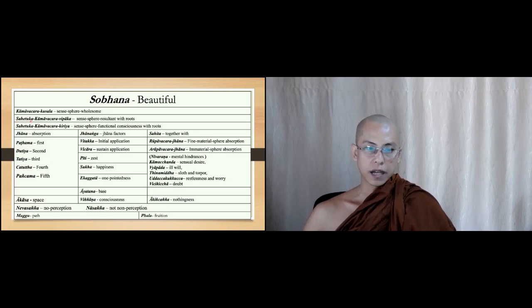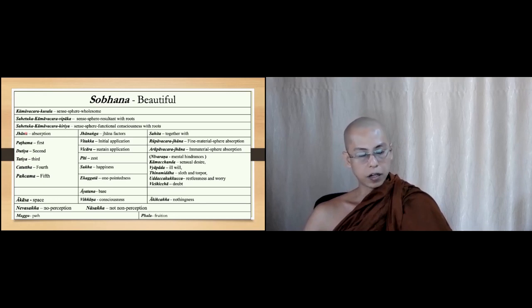Here the word sahetuka is for the vipaka and kiriya. Vipaka is resultant and kiriya is functional. For these two categories of vipaka and kiriya, the usage of sahetuka comes together. But for the word kusala, it is not necessary to put sahetuka. We will find this when we study all about the consciousness. So just to be aware, sahetuka is with roots. When we continue, another category of sobhana is the rupavacara and arupavacara.